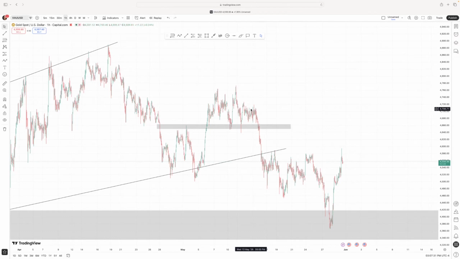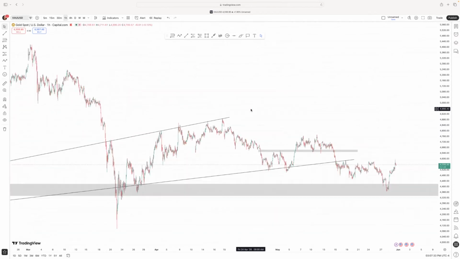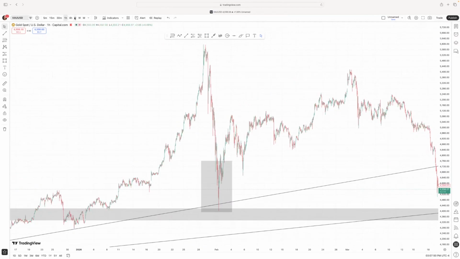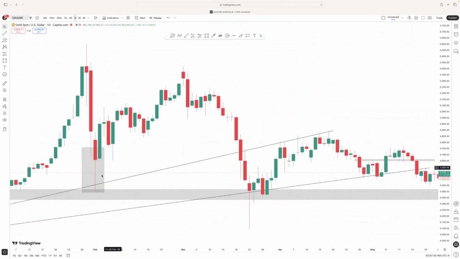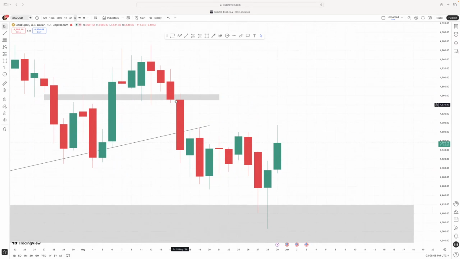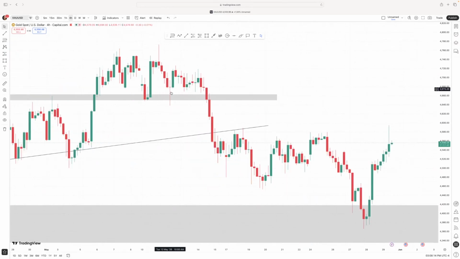Okay. Wick exhaustion would be something like this right here. If I zoom out to the daily, you'll see the wick. You see the wick right here? Do you see how it's a wick and it pushes up? Okay. We didn't get that over here. We ended up getting more bearish momentum. I guess you have this wick here, but again, this wasn't enough for me to say this was pushing up